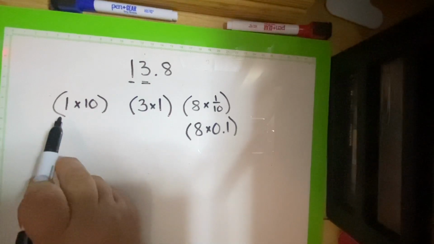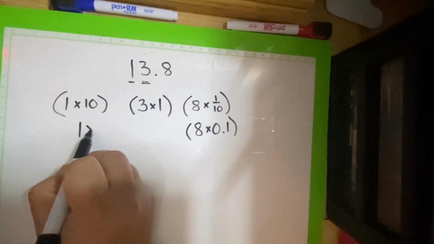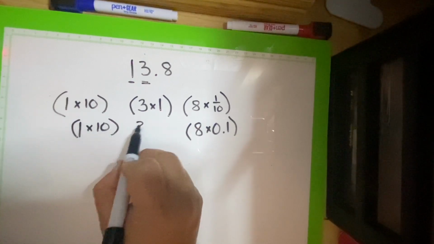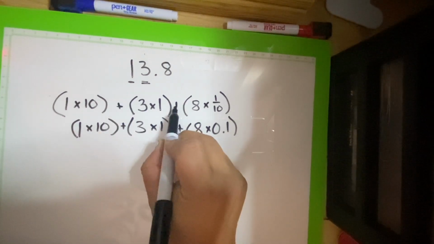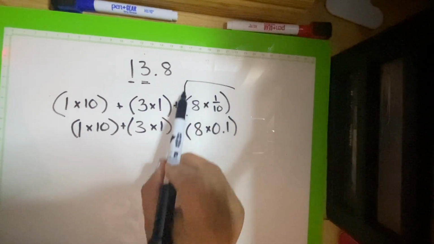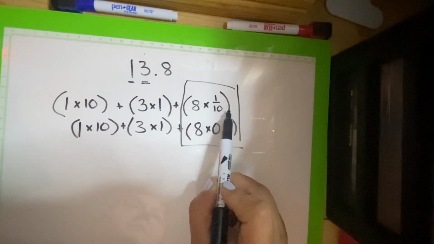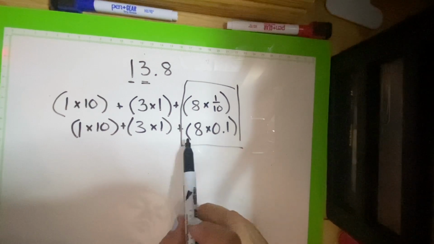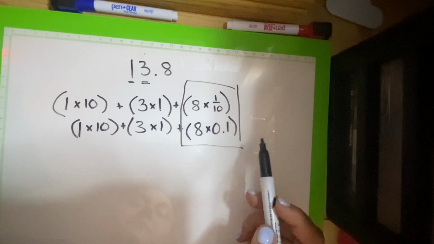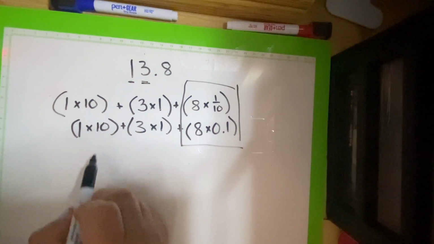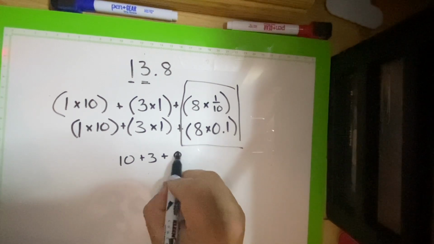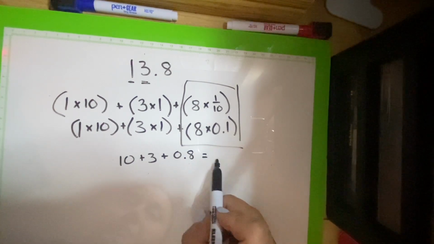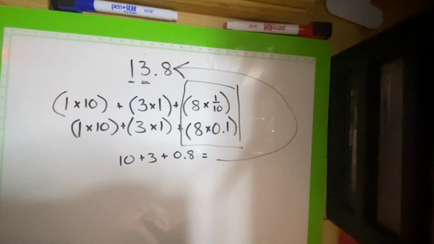So if I were to look at the rest of it, it's all the same. 1 times 10, 3 times 1. It's the same thing. It's just in this part, we have fractions, and this part we have a decimal. So if I'm looking at just the decimal, for example, then I can say this is 10 plus 3 plus 0.8, which brings me back to 13.8. So if I have 13.8